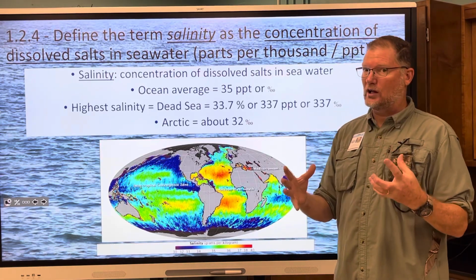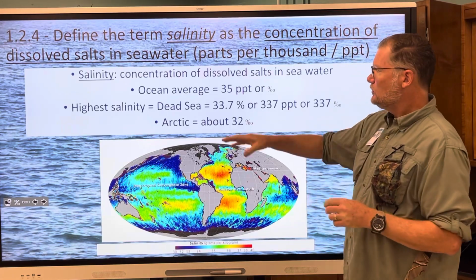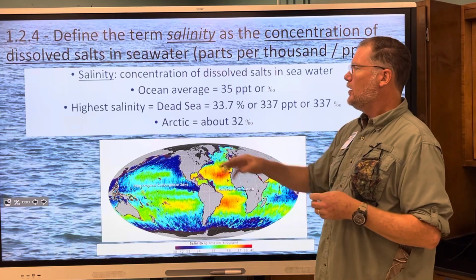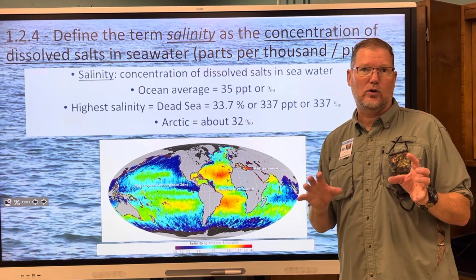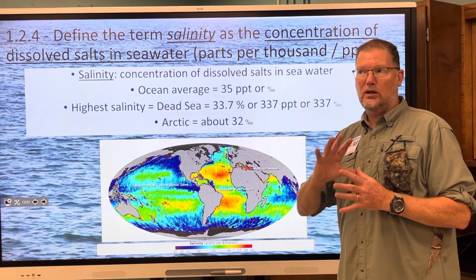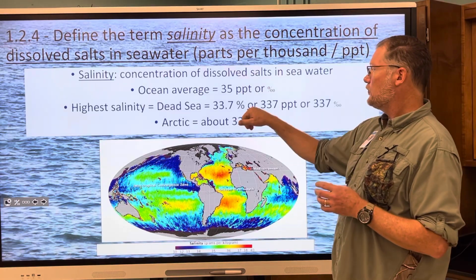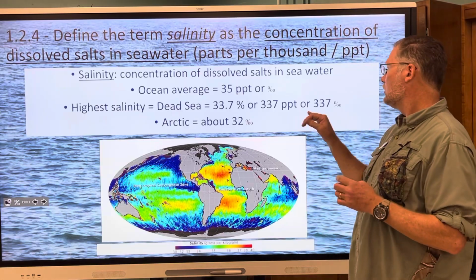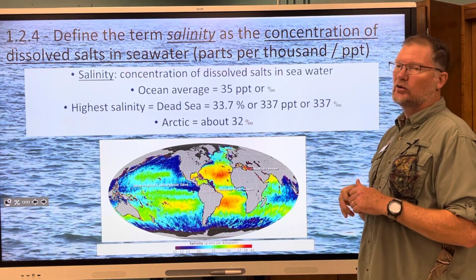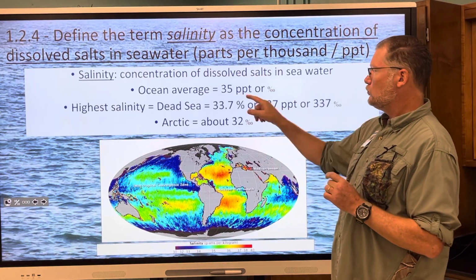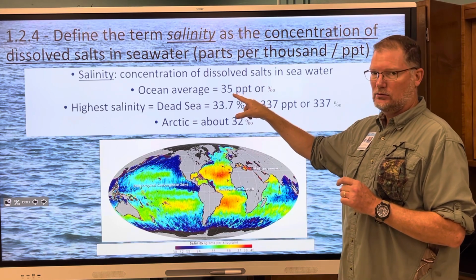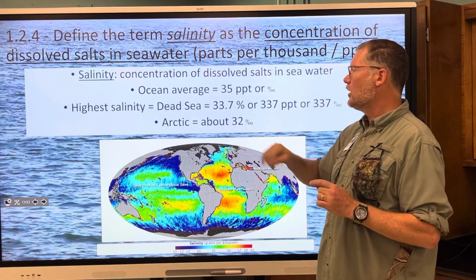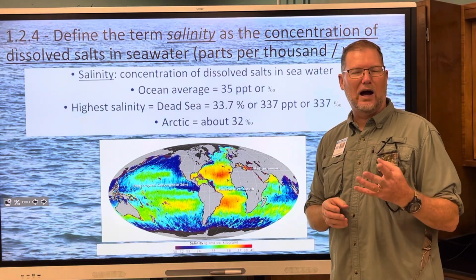So we're going to talk a lot about salinity. The average is 35 parts per thousand, PPT. The highest salinity recorded is in the Dead Sea in the Middle East, with 33.7% salt, or 337 parts per thousand. So this would be 3.5% salt for regular water, okay? And then the Arctic is about 32%. We'll learn about why that is